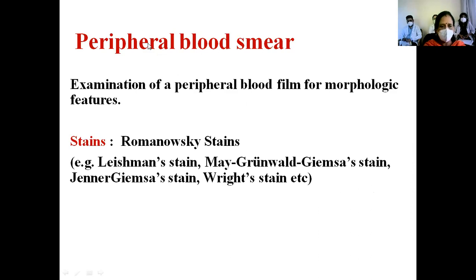So next, further, peripheral blood smear. Though automated machines can do this, thank God, still hematologists or pathologists seeing the peripheral smear is the gold standard. Cannot rely on the artificial intelligence of the machines. Okay. The examination of the peripheral blood smear is for morphological features. So we make a blood smear, a peripheral smear. If there's a peripheral smear here, just take one. I think there are lots here.